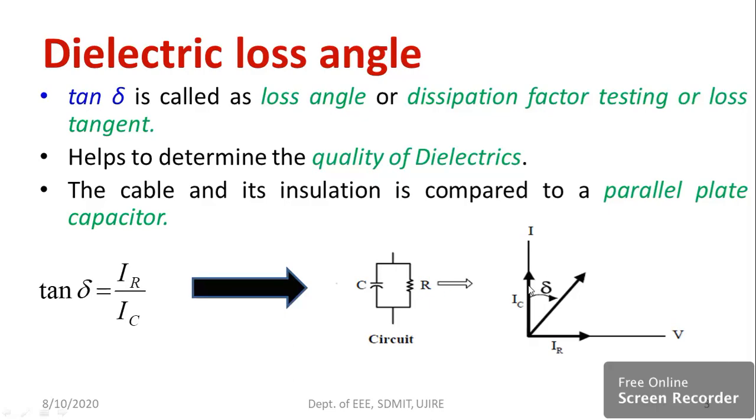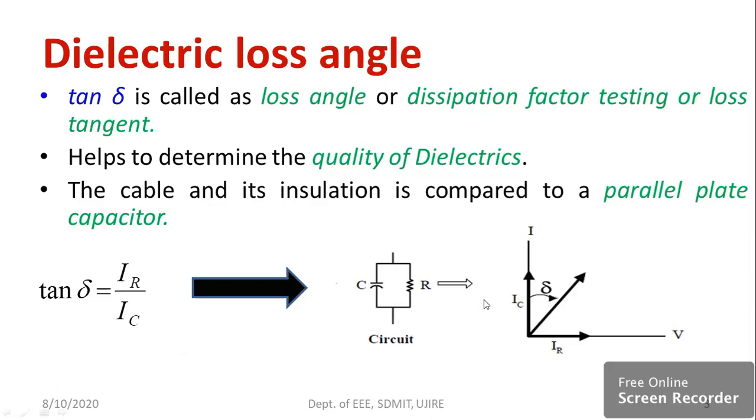Now let us draw the phasor diagram for the RC circuit. So I am going to take voltage as a reference. Similarly, for a capacitor, current will always lead the voltage. If it is ideal, definitely current leads voltage at an angle of 90 degrees. In fact, there is no ideal condition, so we need to consider the general case. Here you can observe the position of current, and this is voltage. That means current will always lead the voltage in case of a capacitor circuit. Here, this delta is going to measure dielectric loss.